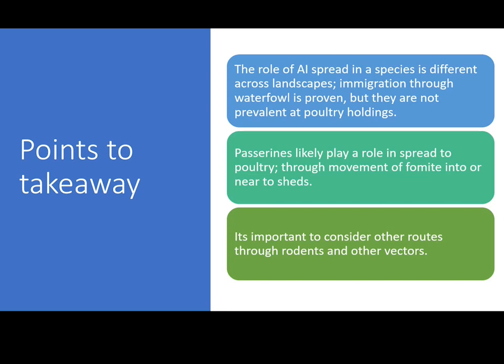So I've mentioned here that fomite could be deposited. Perhaps a mouse or a rat could pick something up and move it. We don't know. Do we know if a rodent could get avian influenza? How would we know that? There's questions that are still available to be answered.